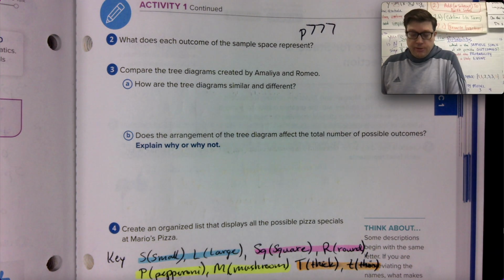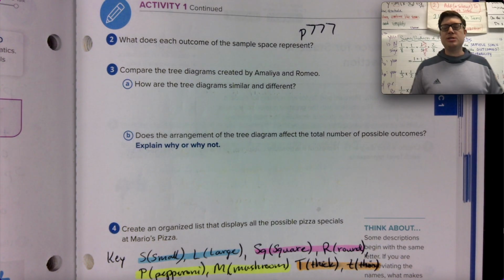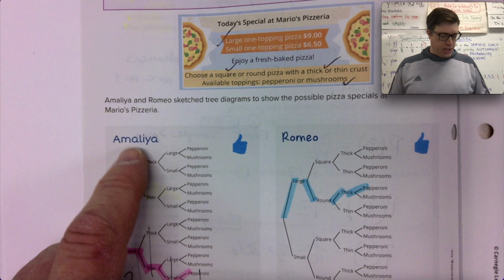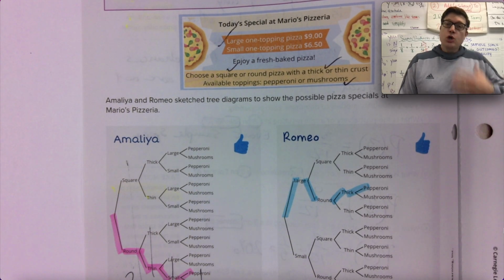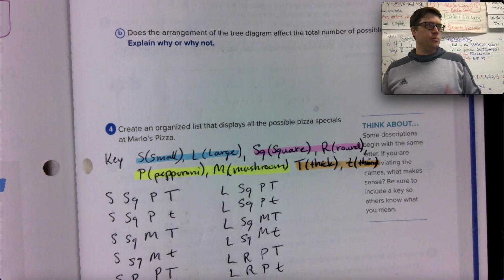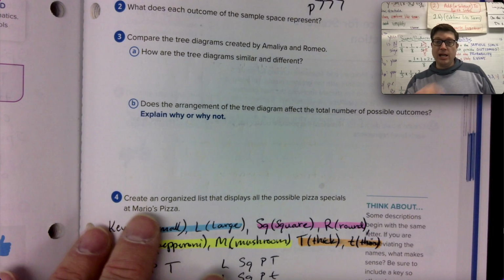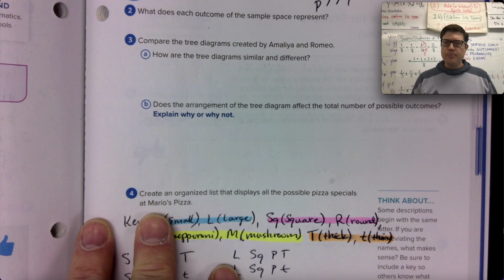In fact, I'm going to be using 4 highlighters because there were 4 different choices that needed to be made in the tree diagram when we're watching Amalia or Romeo or ourselves go to the pizzeria and order from the different choices for toppings, crust, thickness, like size, etc. And so from that, in the last video, we talked about making a tree diagram, but